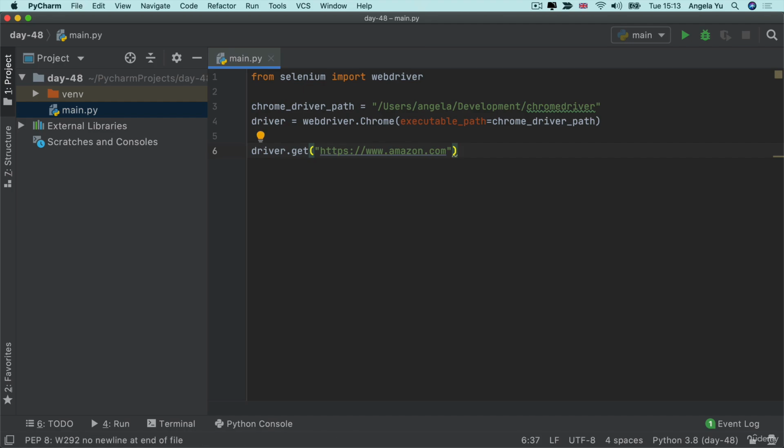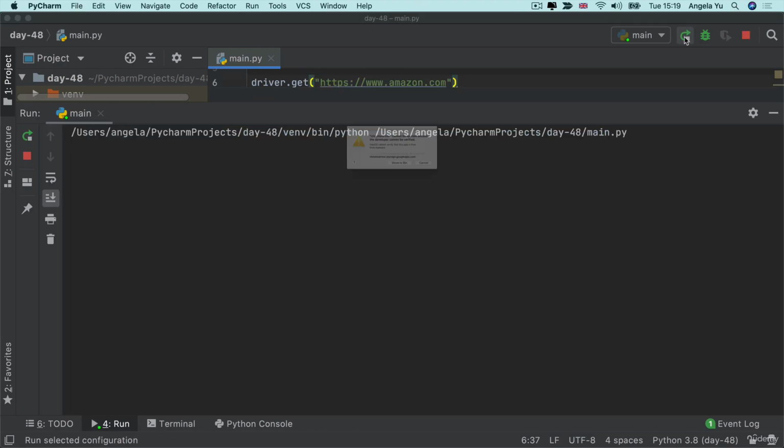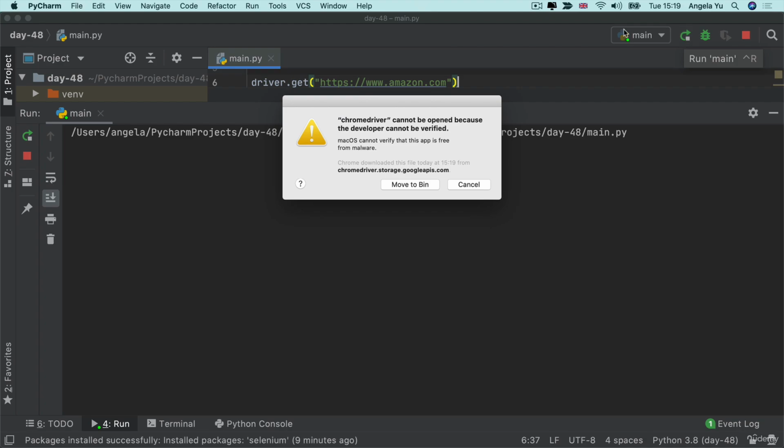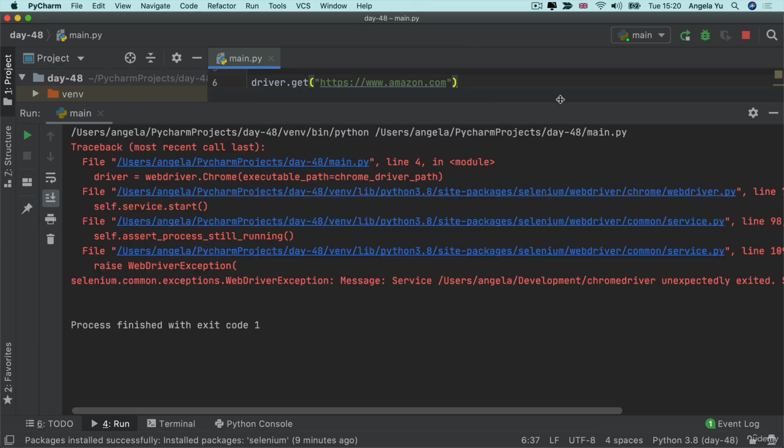Now, if you're on Windows and you go ahead and run the code, then it should run without any issues. But if you're on a Mac, this is what happens. You'll get a pop-up that says Chrome driver cannot be opened because the developer cannot be verified, even though we know that this is actually created by Google specifically for the Chrome browser. So if this happens, you're going to click cancel and you'll get all of these errors because it's unable to